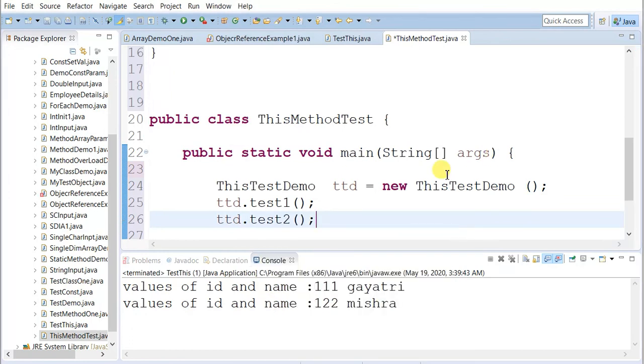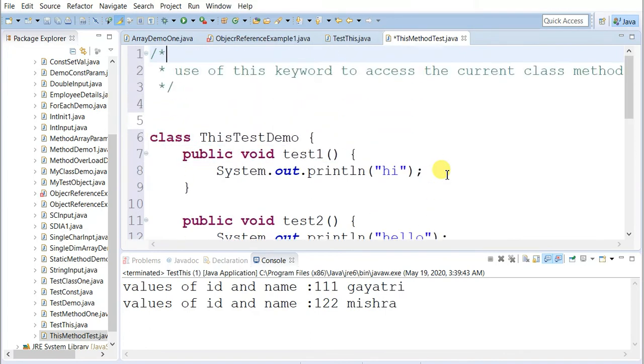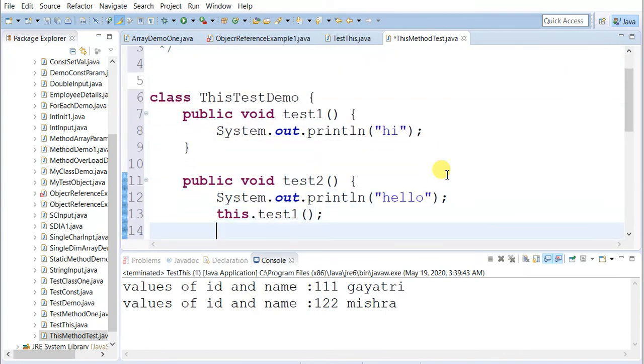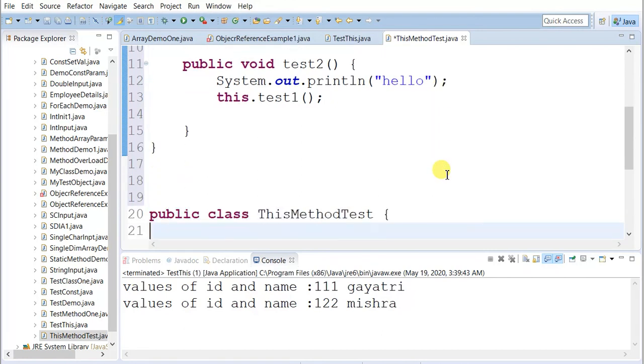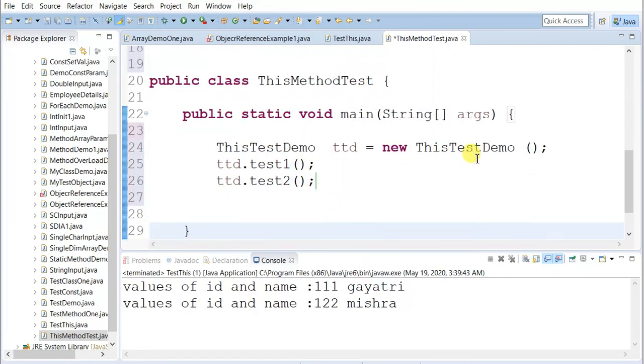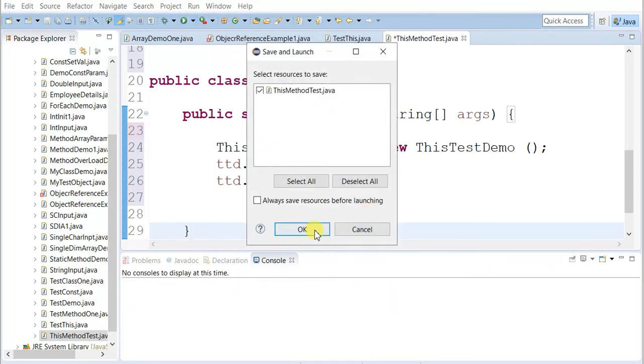So let us again check what the output will be. The output must be hi, then hello, then again test1 it will call. This dot test1 means the current class method should be called, that is test1, that is hi. So hi, hello and hi. Let us execute and check whether it is working as per the expectation.